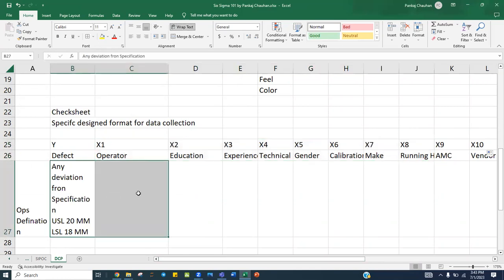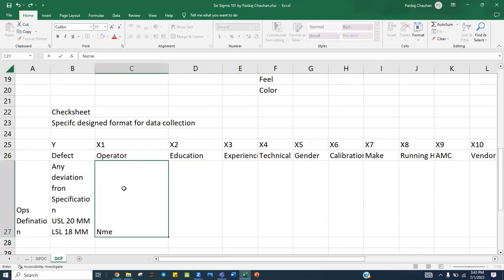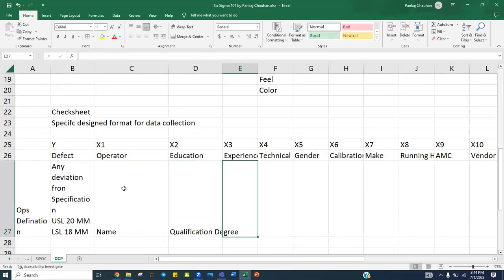You will write here the operational definition. Like, the operational definition for operator is the name. Education means educational qualification of the person, right? Qualification degree. Experience, let's say in months, is the operational definition, start date and end date. And you did not ask here for the organizational experience or total experience. So let's say number of months